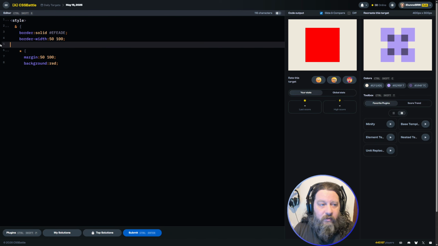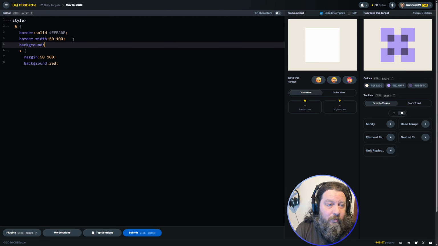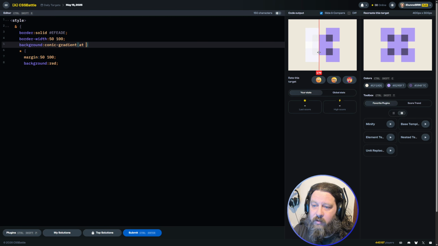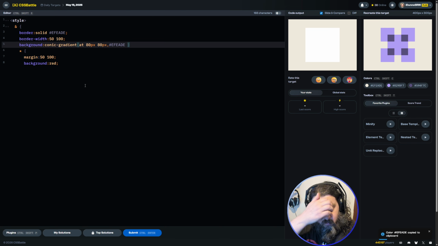Get rid of background for now. Background, conic-gradient at 80 pixels, 80 pixels. Go with this color, 75%,